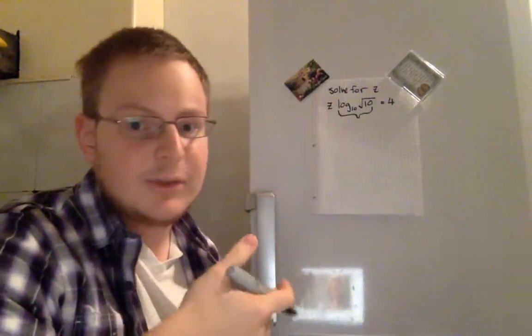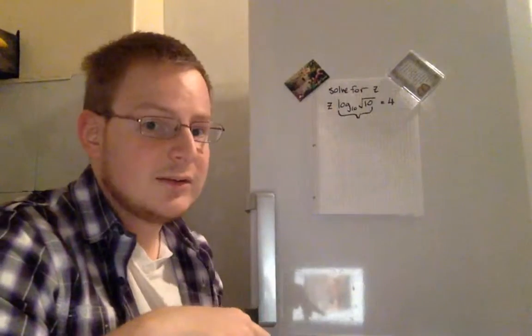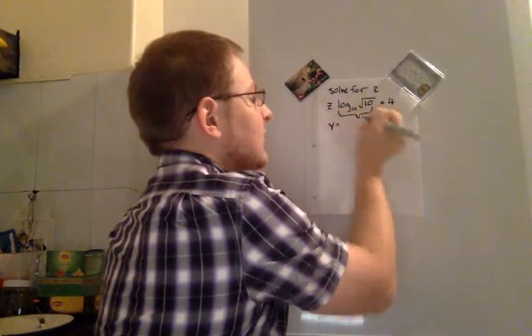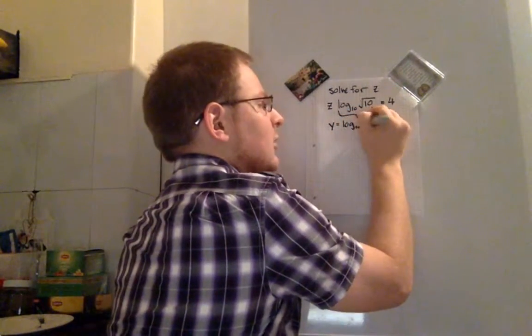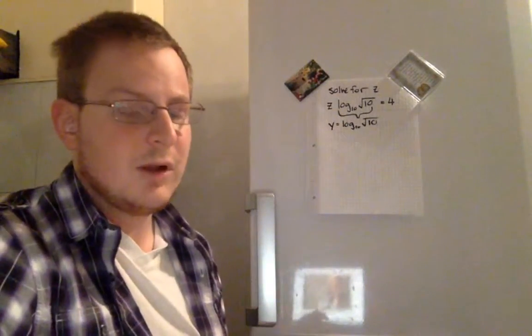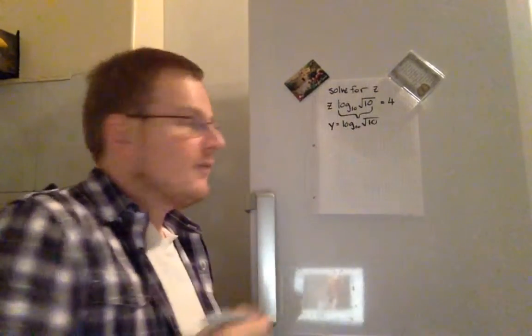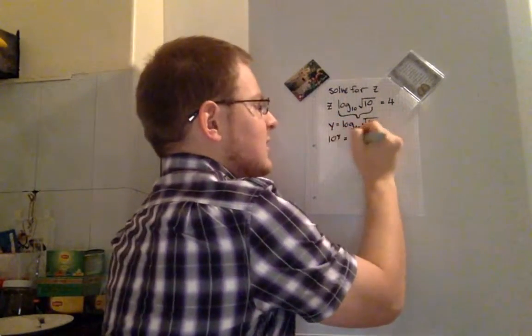So we can invent a variable for that part of the equation. I like sticking with things like x, y, and z, and this one looks like a y would be very good because z's already taken. So if we just go and say y is equal to log to the base 10 of the square root of 10, then we can solve for y and put that back into the equation where it belongs. So we know by the definition of the logarithm that 10 to the power of y is equal to the